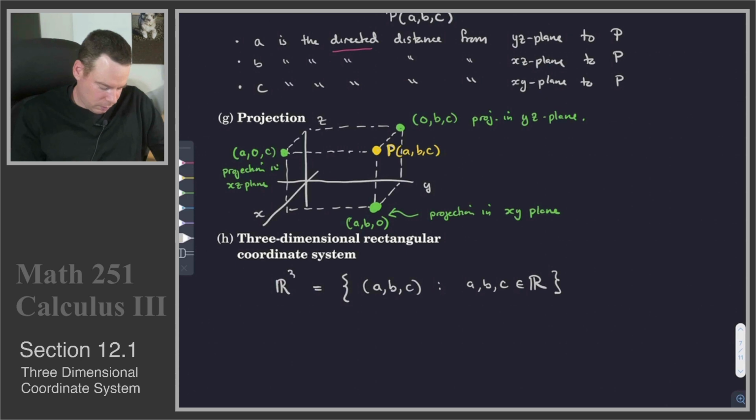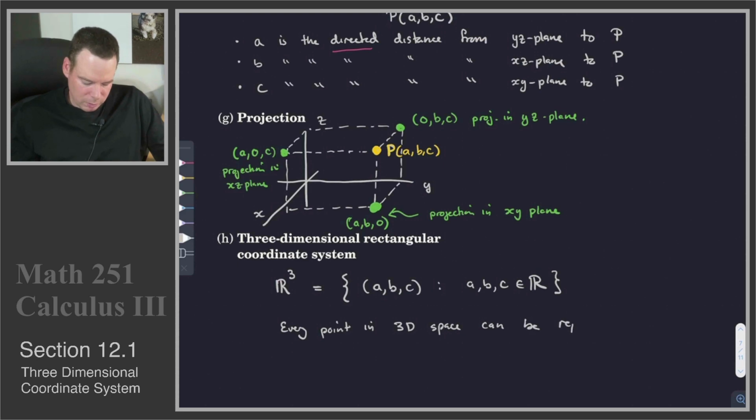So just like we had back in Calculus 1 and 2, we used R2, the set of all points in the plane, while here we can use R3 to describe the set of all points in three-dimensional space. So this is the three-dimensional rectangular coordinate system, and the idea is that every point in 3D space can be represented uniquely